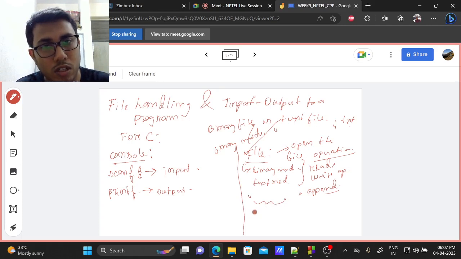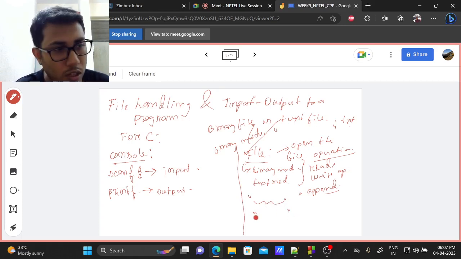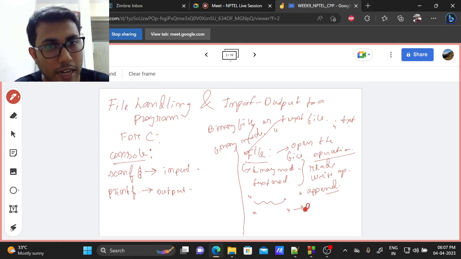In write mode, when you open a file, it truncates to 0. Whatever was written previously will be discarded, and you will basically open a new file, just a blank slate to write your own stuff. But if you don't want to do that, you can use the append mode. In append mode, you can open an existing file